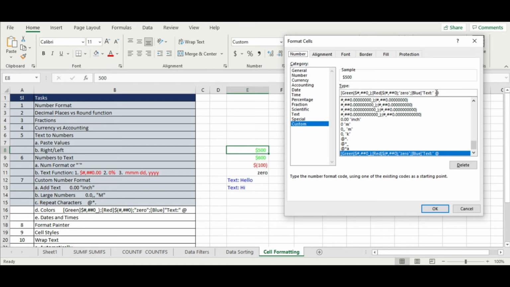and that @ is basically indicating what you have inside the cells. So blue for all the text, and this @ is mandatory. Even if I remove this blue, I have to put @, which is indicating what you're reading. You're reading the content of each cell. If I click OK,